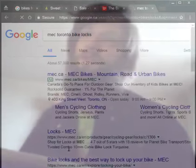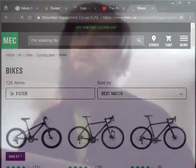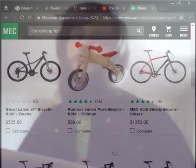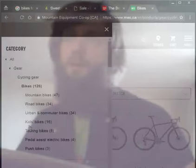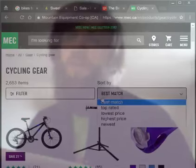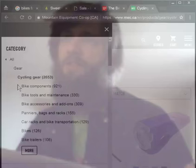you will want to get yourself a bike lock right away. So just get it. Either bring your bike to Mac, borrow one of their bike locks, and then whatever. Or cycling gear. Then they'll let you buy a lock, but just get the lock first. I know you want to get the right lock for your bike, but really just...